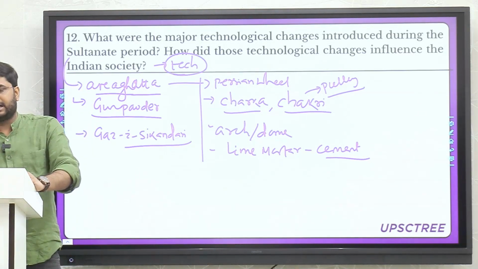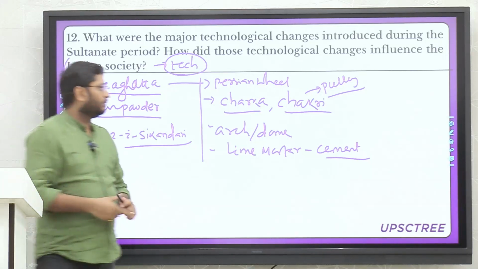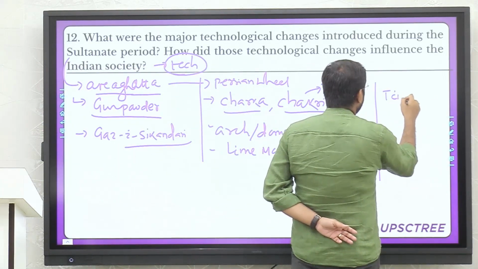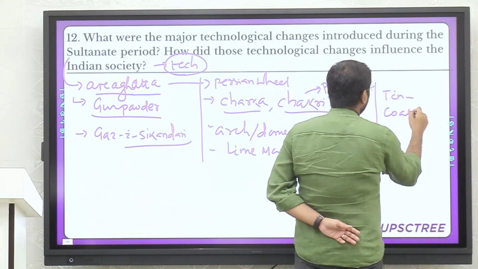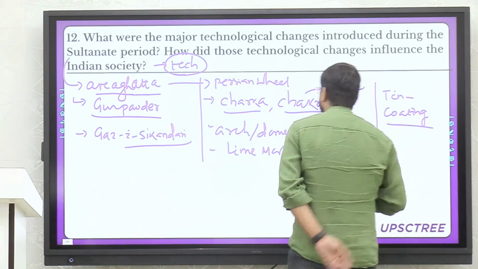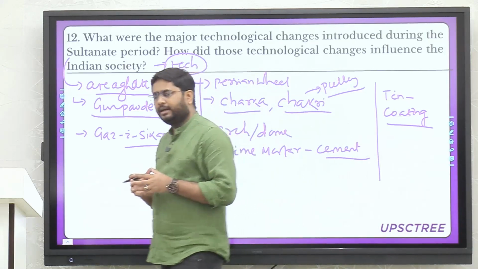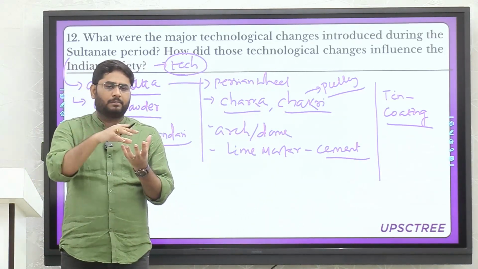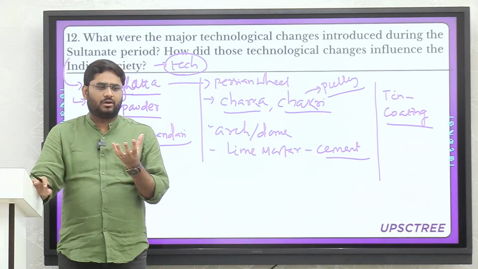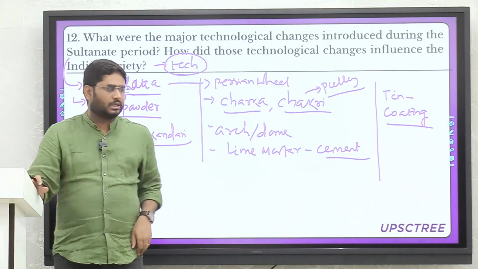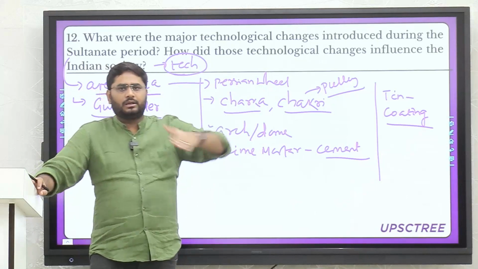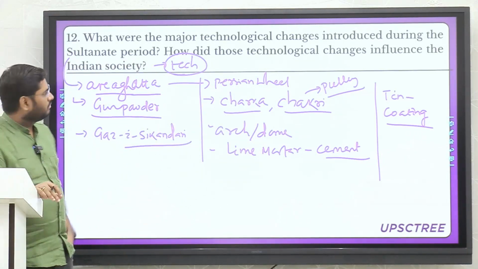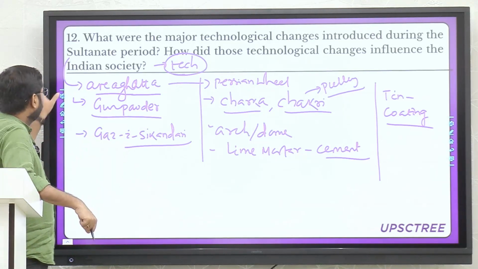सो दे हैव स्टार्टेड टिन कोटिंग टू द यूटेंसिल्स. क्यों होता है कि सपोज क्या होता है, इफ़ यू आर पुटिंग सम फूड इन ए कॉपर प्लेट एंड इफ़ यू आर कीपिंग इट फॉर ए लॉन्ग ड्यूरेशन, वहाँ पे पॉइजनस रिएक्शन हो जाता है. सो दे स्टार्टेड डूइंग द टिन कोटिंग सो दैट देयर इज़ नो रिएक्शन and all those things. So by and large you can write this question. Okay,